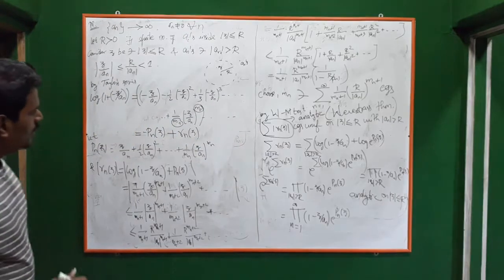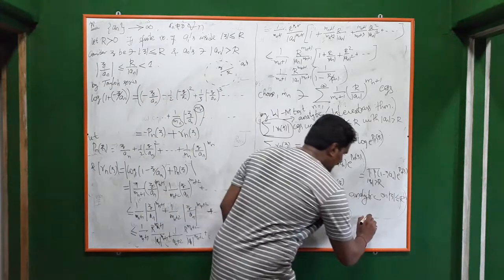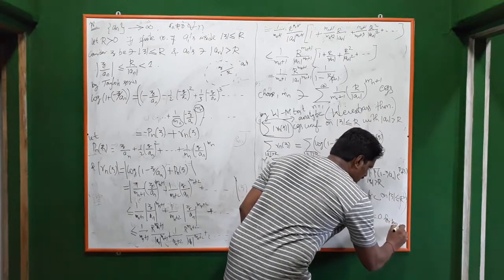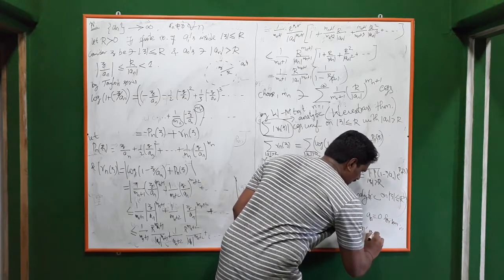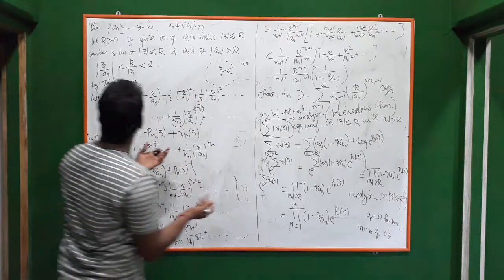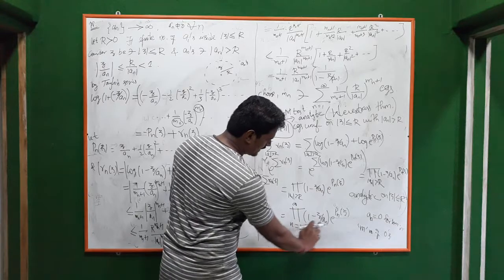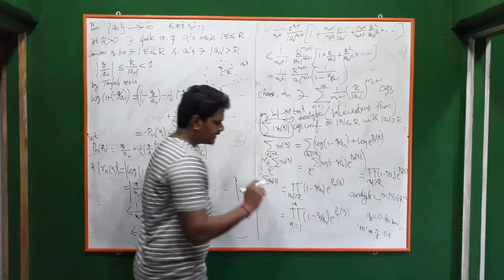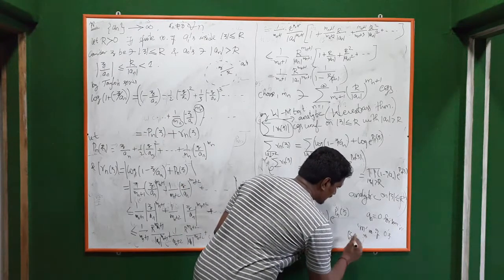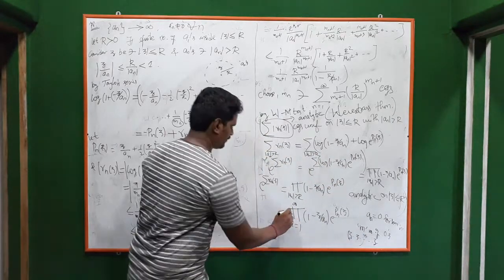Now what happens if some an are 0? Let an be 0 for some n. So there will be some m number of zeros. Then what do you have to do? Here we have multiplied with z minus ai's. In the place of z minus ai's, if they are 0, that means powers of z will be there. So z minus 0 to the power m, it will be like z into z and so on. So z power m will be multiplied here.